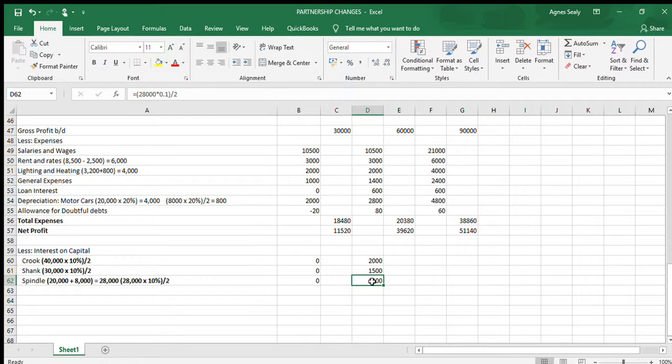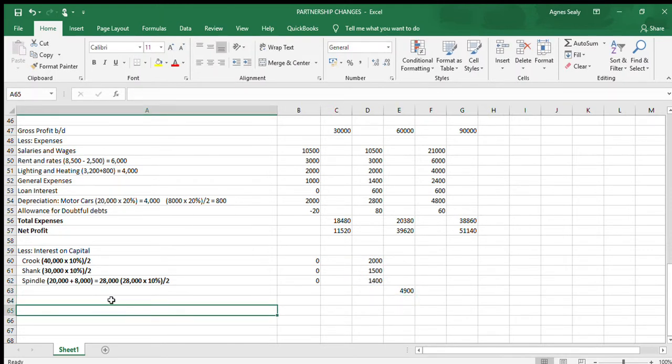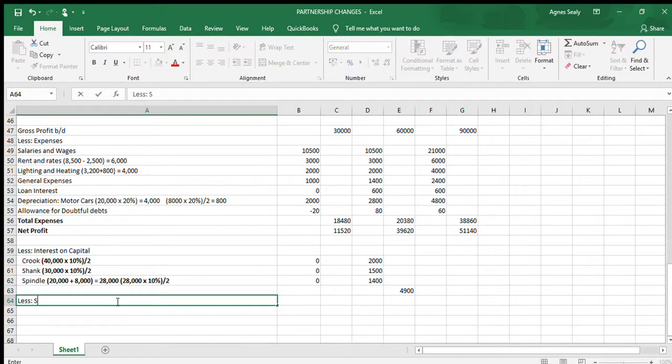So that would give a total interest on capital of $4,900. So after we have taken out our interest on capital, the next thing to do is to subtract any salaries